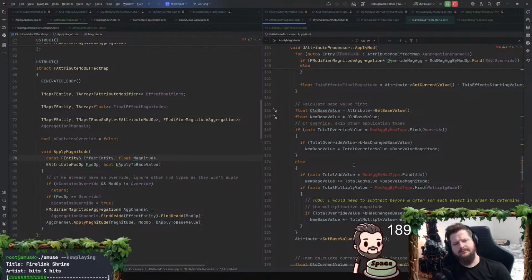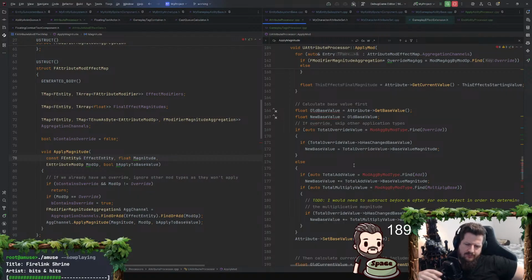Okay, so the difference between base and current value is the difference between a duration-based effect and an instant effect that doesn't have a duration. Effects that don't have durations just get applied to base value, and then that stays there. But when you're doing an override, is that what you would want to do?